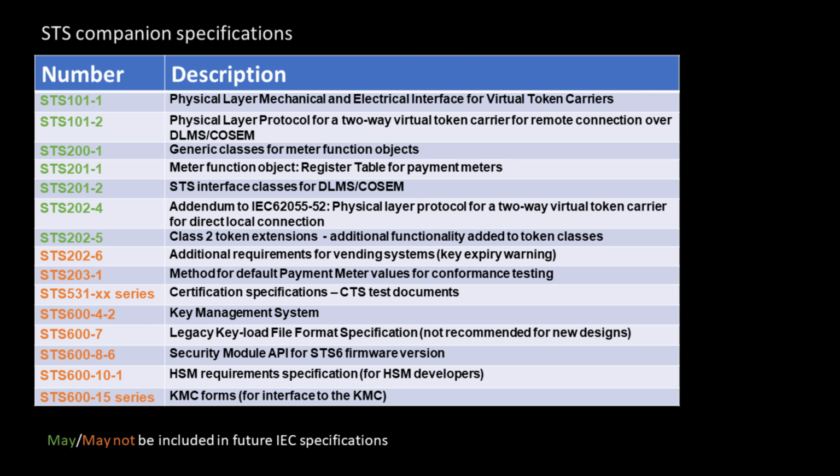202-6 right through to the STS 600 series are additional requirements that we thought were necessary. For example, the 531-XX series. Those are all the certification specifications, all the CTS documents that are used to certify the product. There's no way those will ever be added to an international set of standards, but they are what the STS Association and the test houses use to certify your